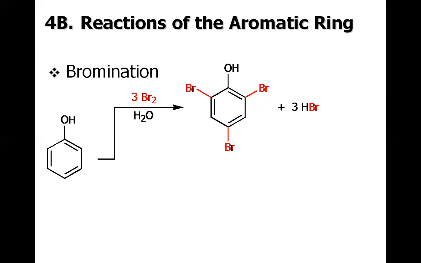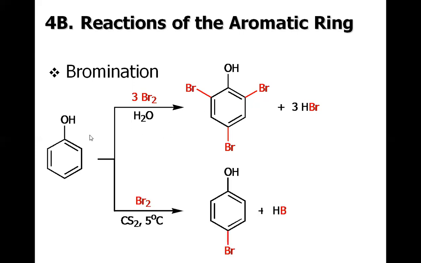But in the case of phenol, we need neither an electrophilic catalyst, because phenol is already very much activating. And also we did not have the mono-substituted product, rather the bromine has been attached to all three positions. So to suppress the reactivity of bromine, we have to lower the temperature, and drop it to 5 degrees Celsius. In doing so, we may have the mono-brominated product. But still we do not need any catalyst.